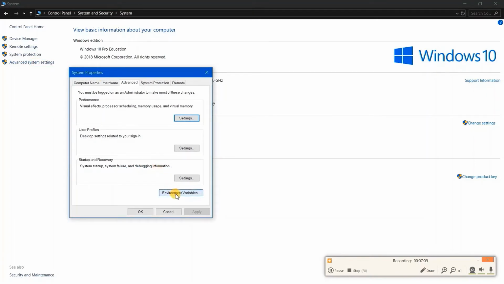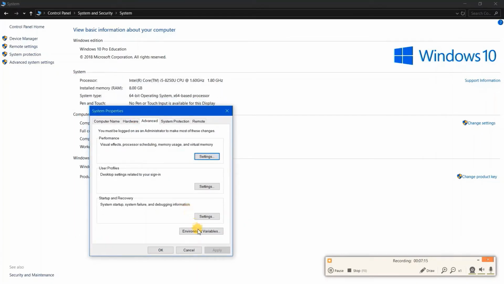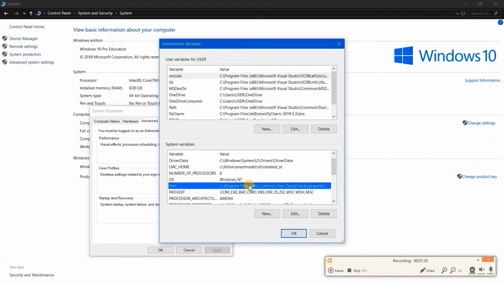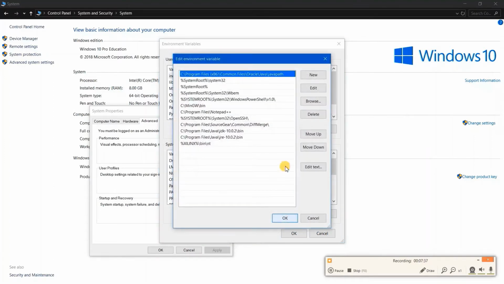After that you can see there are some buttons. So in this system properties window we will click on environment variables, and here you can see there are two types of environment variables. First one is your user variables for a user, and another one is system variables. So just scroll down, and here just click on path. Now you will click on edit, and here